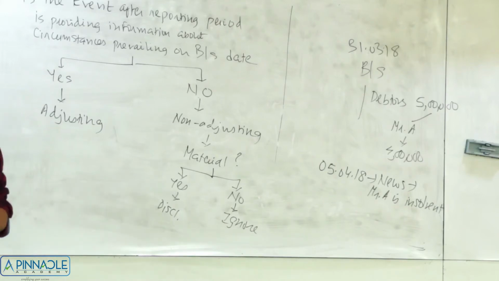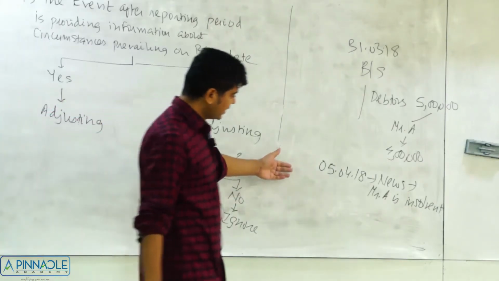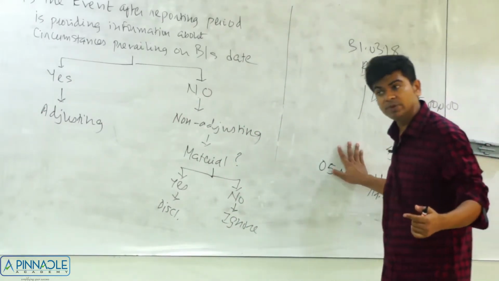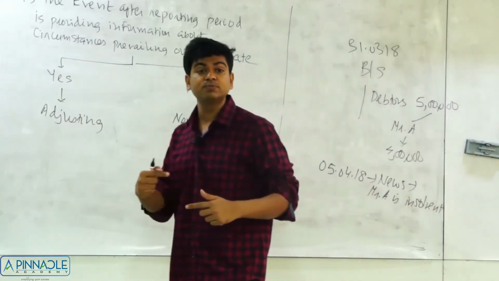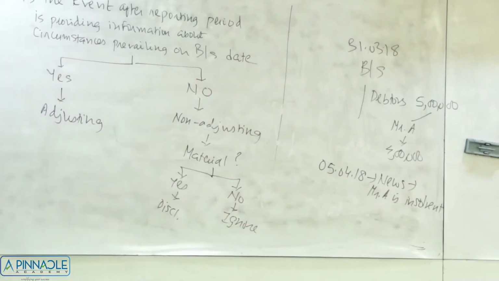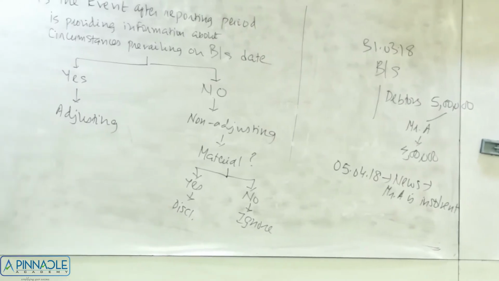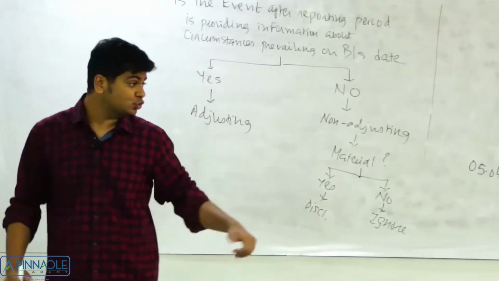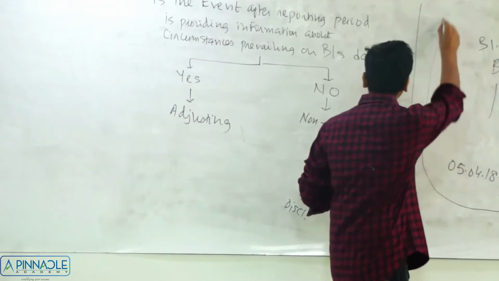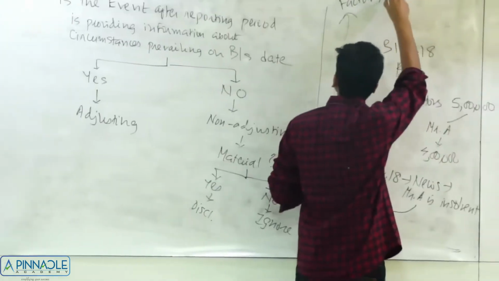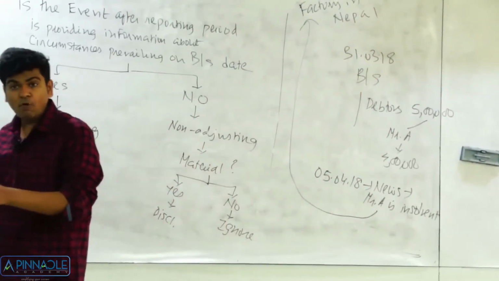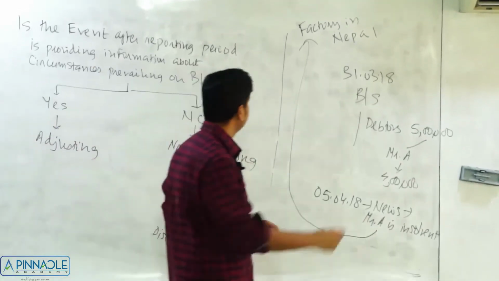That is the question. Now, since Mr. A has declared himself to be insolvent, and now that we realize that we will not be able to recover this 4 lakhs of rupees, naturally you will now scrutinize this particular thing. You will really like to know that how come Mr. A has become bankrupt. So we just want to know what are the conditions which led to the insolvency of the debtor. As you scrutinize this particular event, you realize that Mr. A actually had a factory in Nepal, let's say. So this person has a factory in Nepal, and before the balance sheet date, let us say sometime in February,